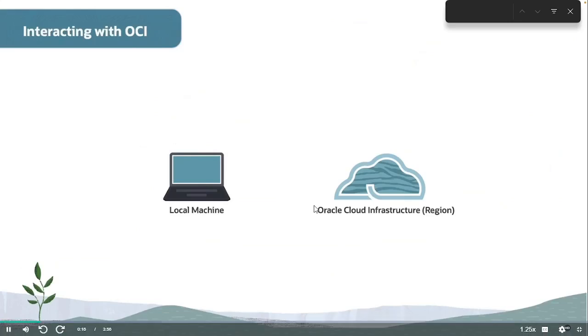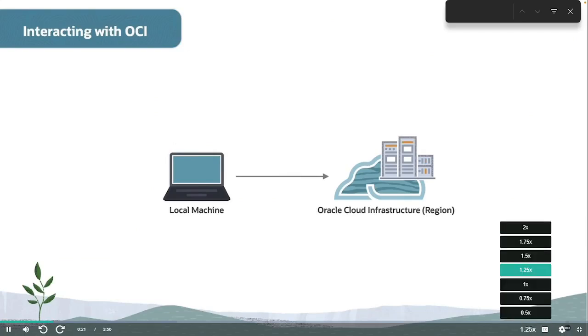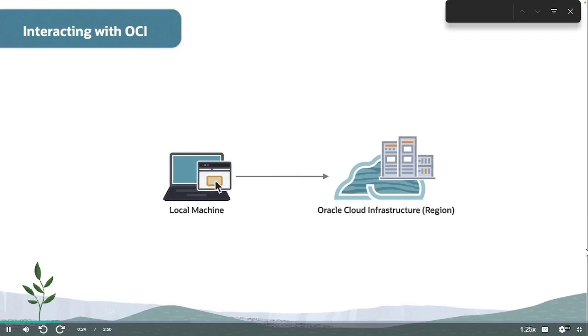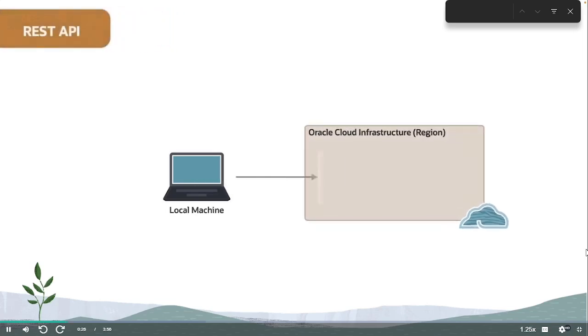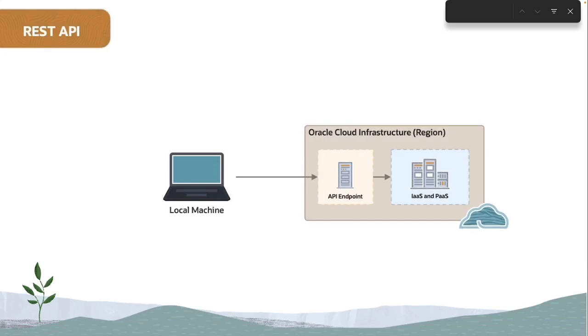From the top, our goal is to connect to OCI from our local machine and manage infrastructure. The tool we're likely familiar with for that is the console, but it's important that we dig a little deeper. Under the hood, every interaction with OCI is through a REST API endpoint. So, for example, whenever we want to create a VCN, we have to hit the endpoint with a request that